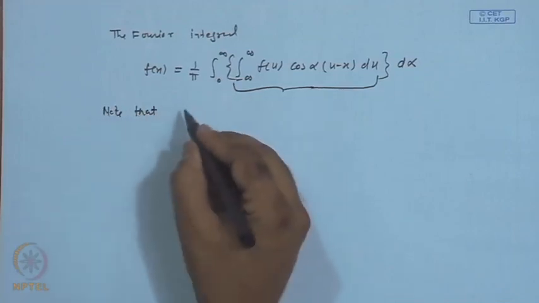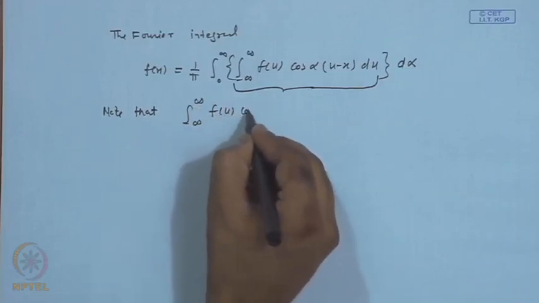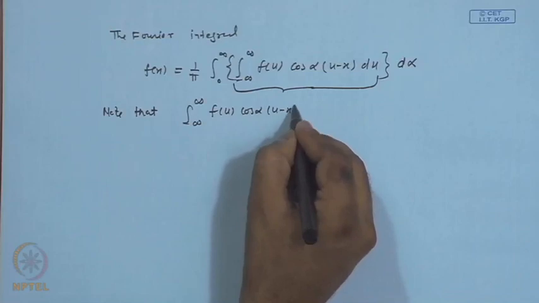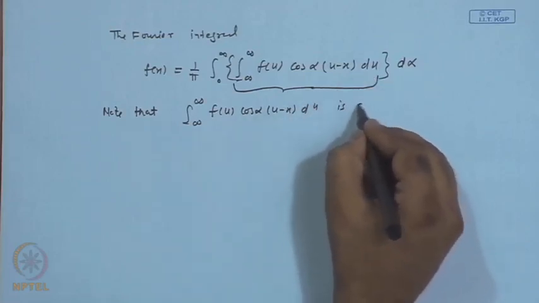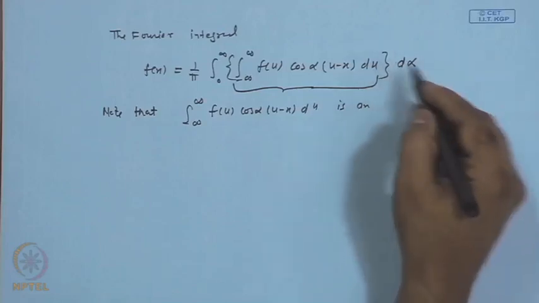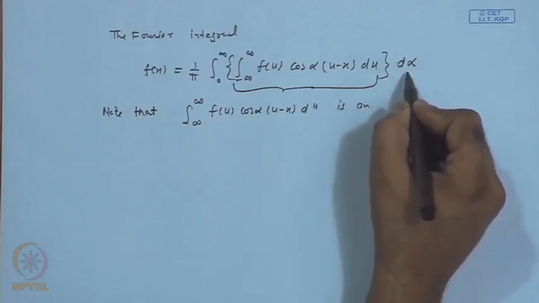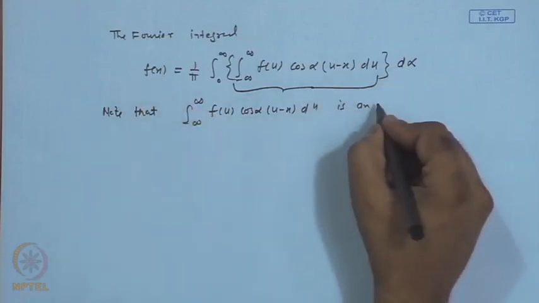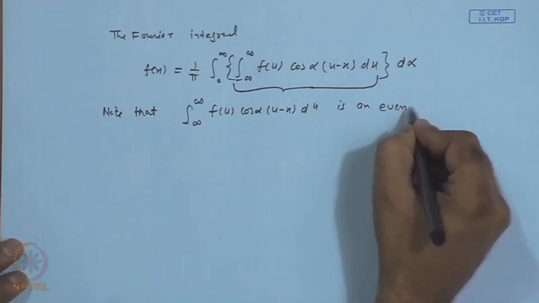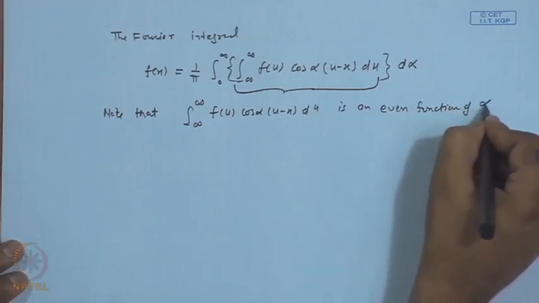Let me write down. So, note that this integral from minus infinity to plus infinity of f u cos alpha u minus x du, and then d alpha. Okay. So, we get this is an even function of alpha,